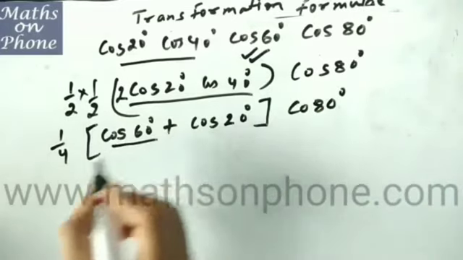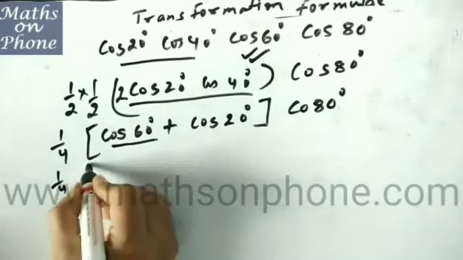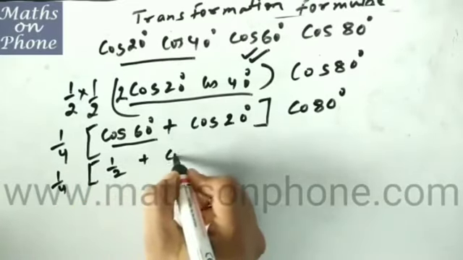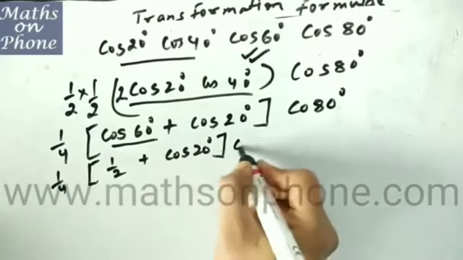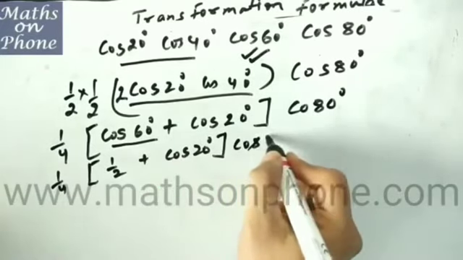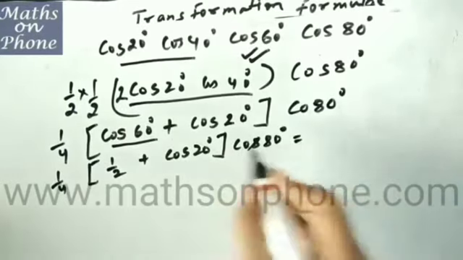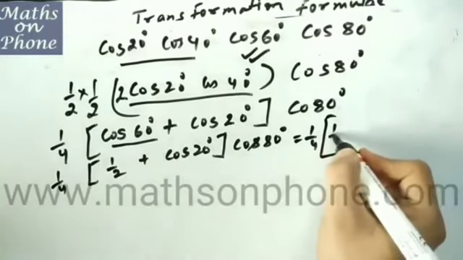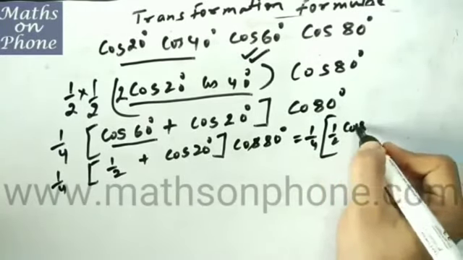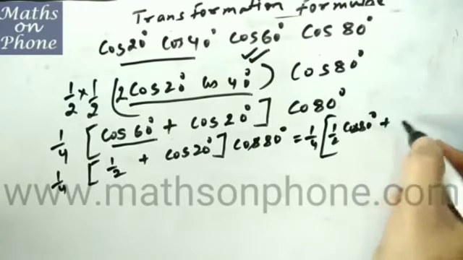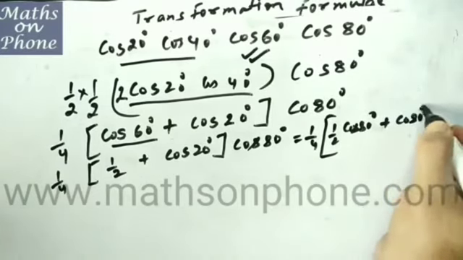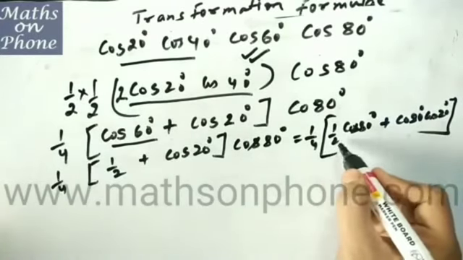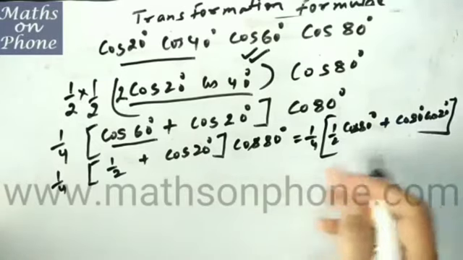Now we got the value of this thing, so we will just put the value of that. That will come out to be 1 by 2, we know, and this is cos 20 into cos 80. Now I just multiplied this thing. It is coming out to be 1 by 4, half cos 80 plus cos 80 into cos 20. Is it? Further, if I just multiply the complete thing by 2 and divide by 2,